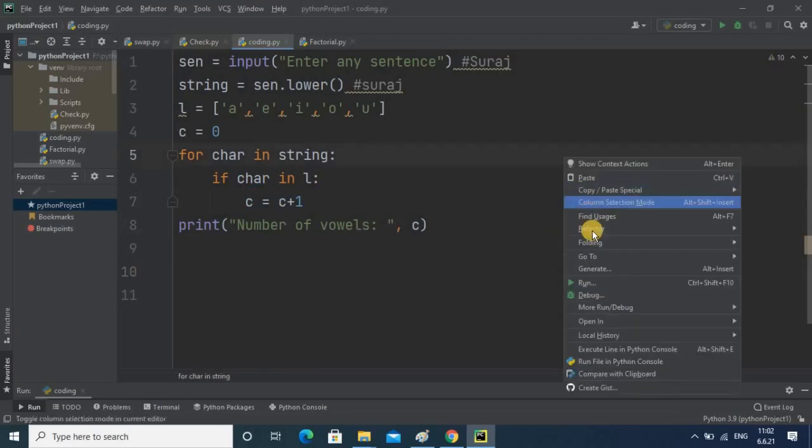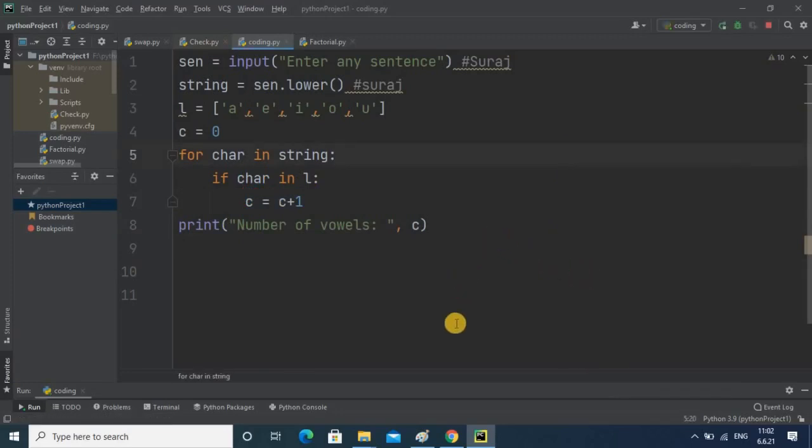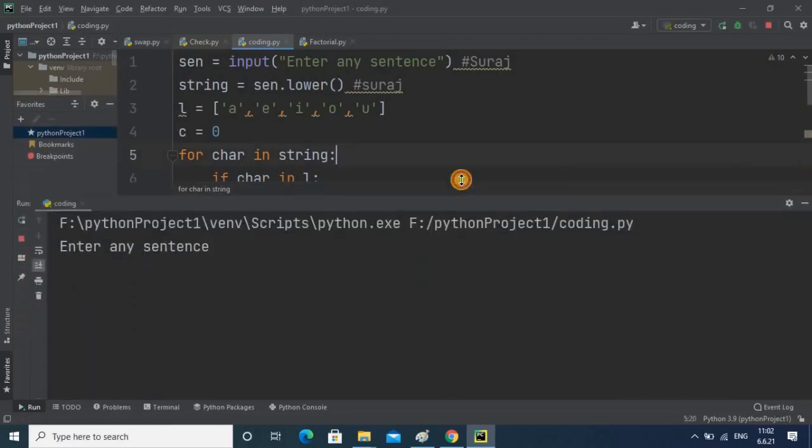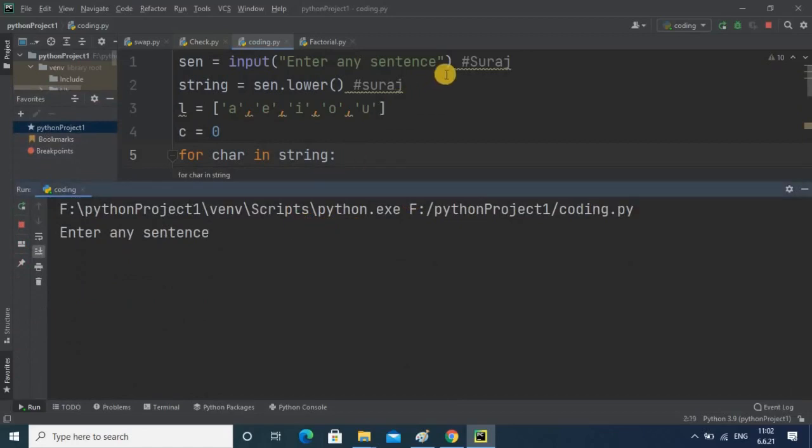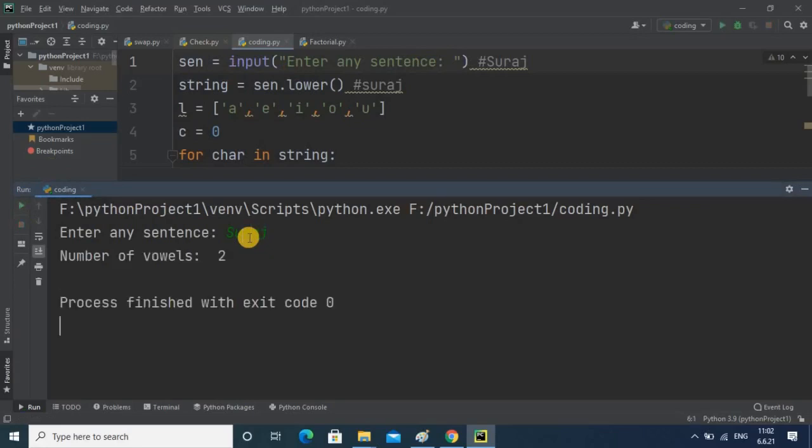First we check whether we are getting the expected output or not. Enter any sentence. Here I give the colon and space for understanding. And here I am writing my name. The number of vowels is U and A, so the number of vowels is 2 and it is correct.